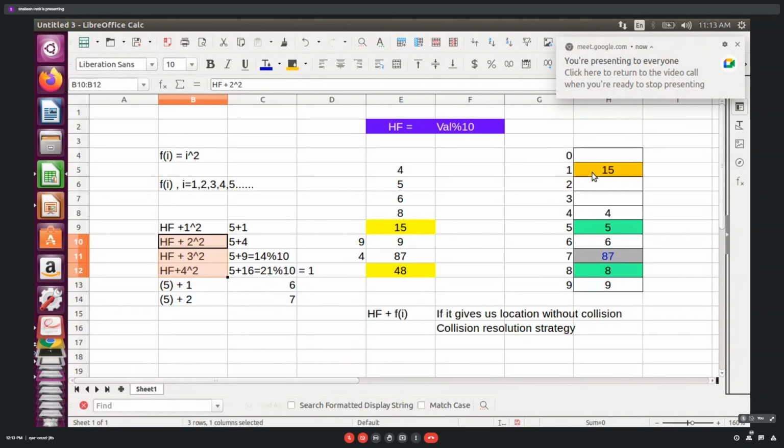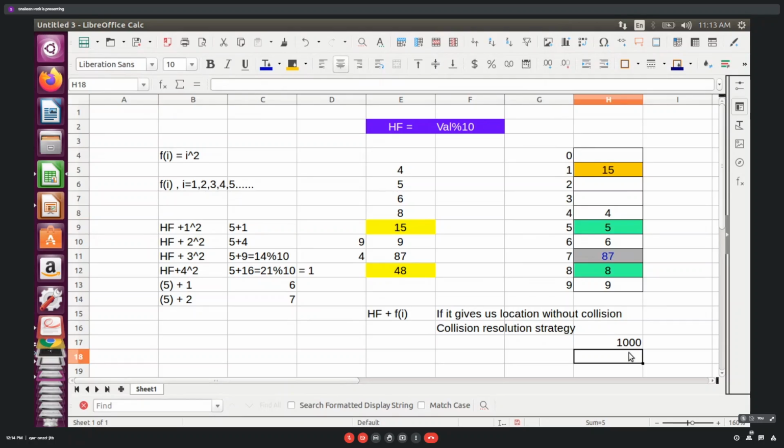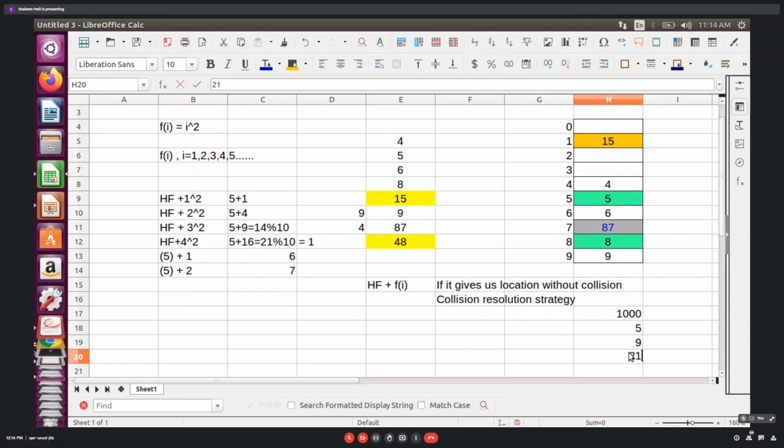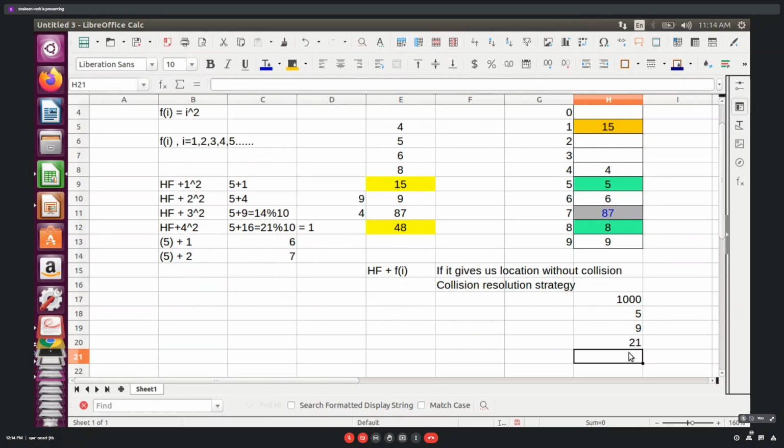So you may say some number of comparisons will be needed more, but don't consider this as a bucket of 10. Just consider this bucket as 1000. What will happen if 5 is not going to be placed at the 5th location? We are going to try the 7th location. First the 5th will be tried, then the 9th, then 1 will be tried. Next will be 5 plus 25, so 30 will be tried, and so on.